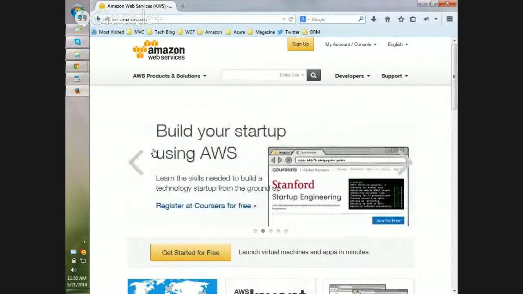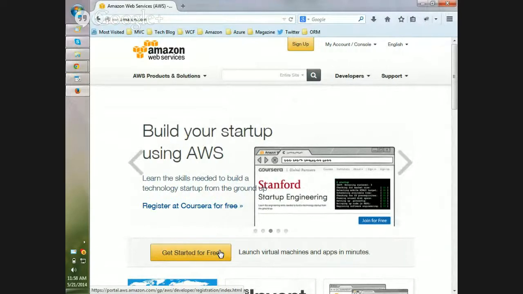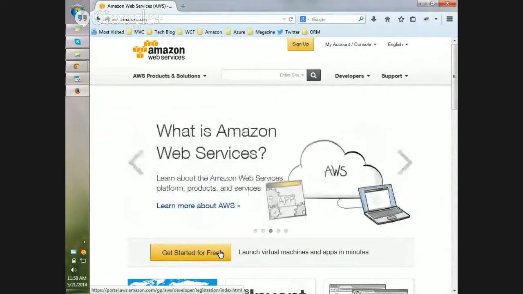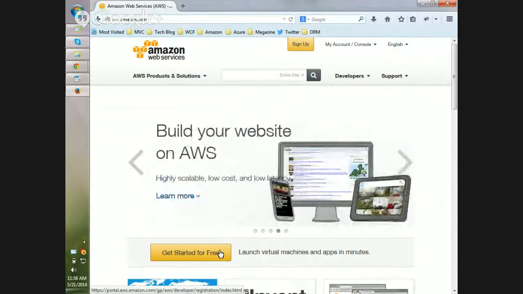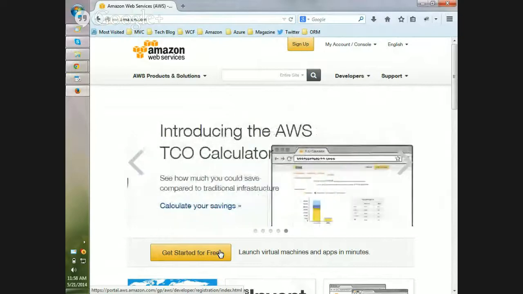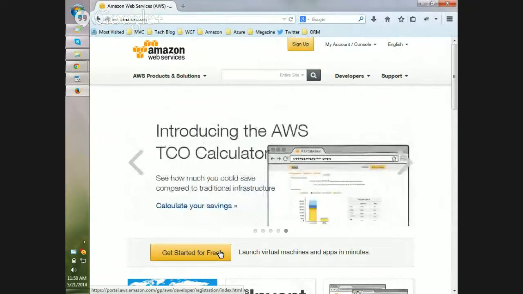But if you're starting and learning, you can always start as a free user. Amazon doesn't impose a tight restriction, like disabling your account if you exceed by even $1. All you need to do is use the services available in the free tier up to the level provided.